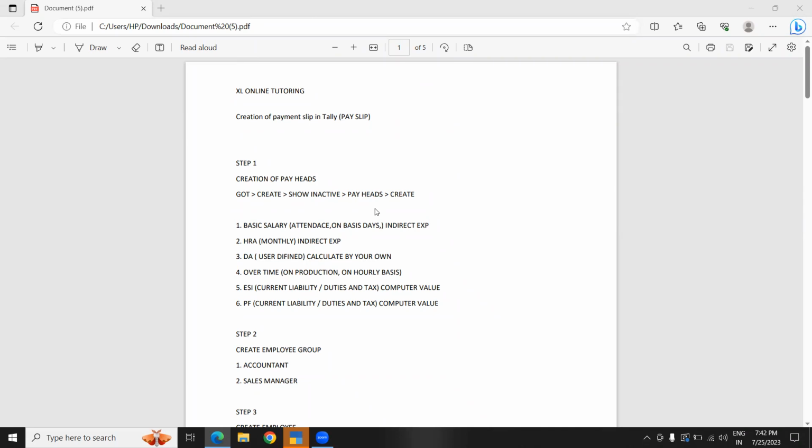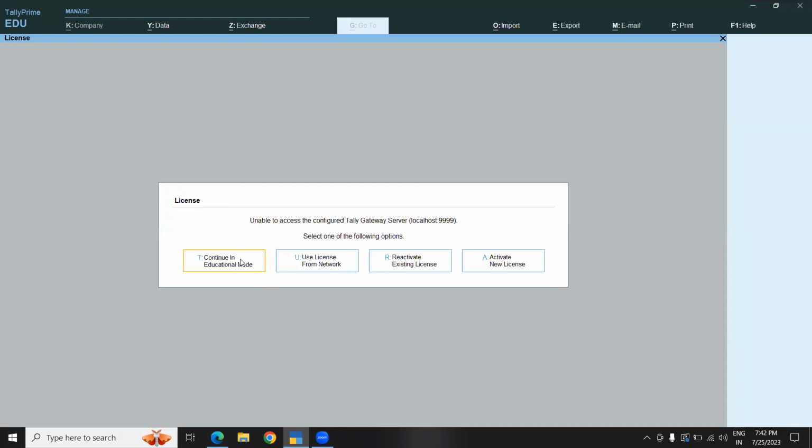So here, salary sheet means first you have to start creating headings, because in Tally you will not be having anything. Each and every step you have to do on your own. Like how you do a salary sheet in Excel, same way here also. Each and every heading, calculation, everything you have to customize and configure. Okay. So first, what I will do for doing this payroll is